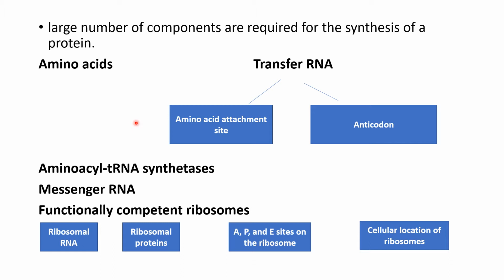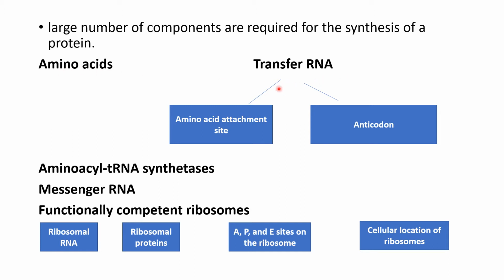For the translational process, there are a large number of components that are required for the synthesis of new polypeptide chains. These components are the different types of amino acids. There are 20 standard amino acids which are required for the translation of a structural protein, because they are the components of structured proteins. These amino acids are first of all recognized by the tRNA and then incorporated into the polypeptide chain.